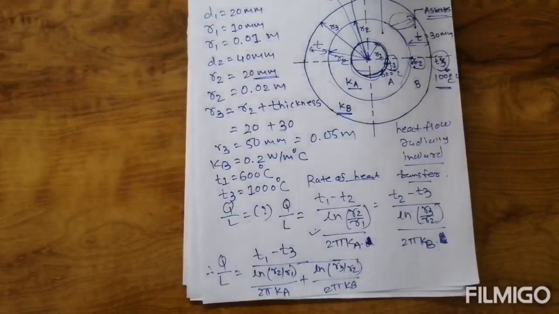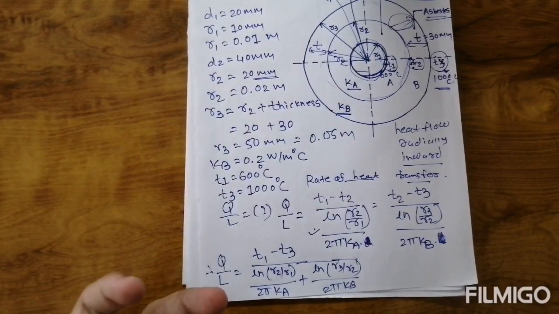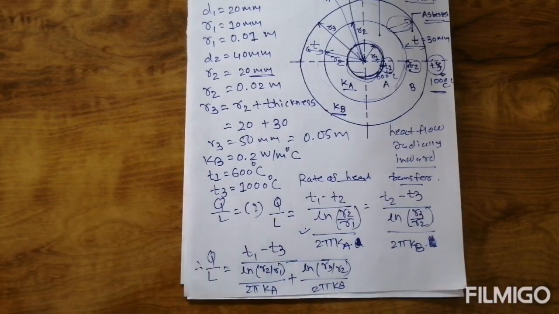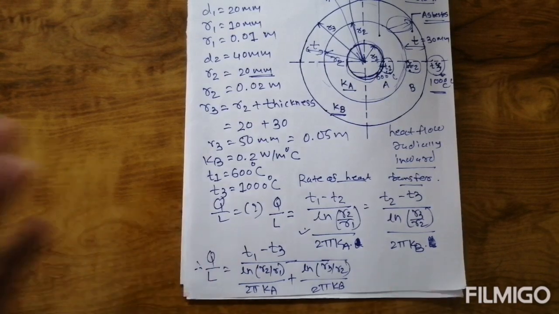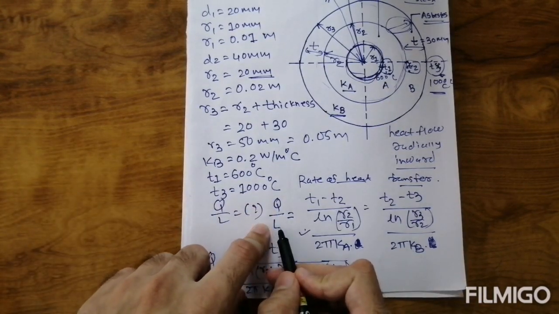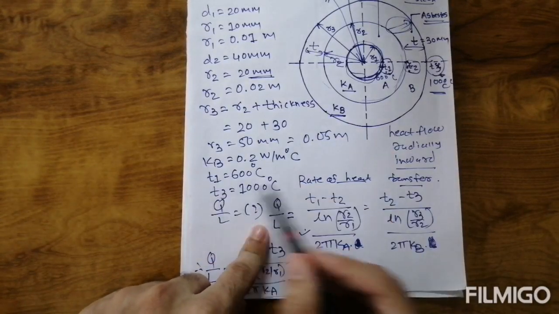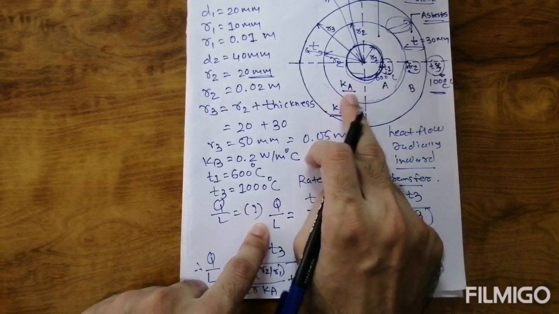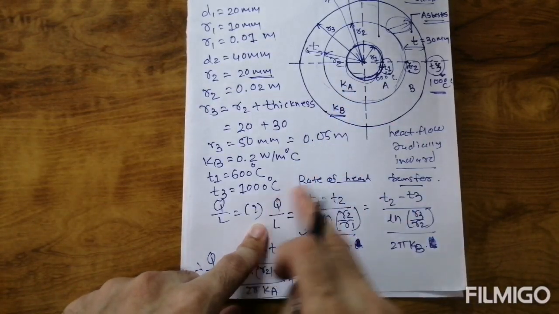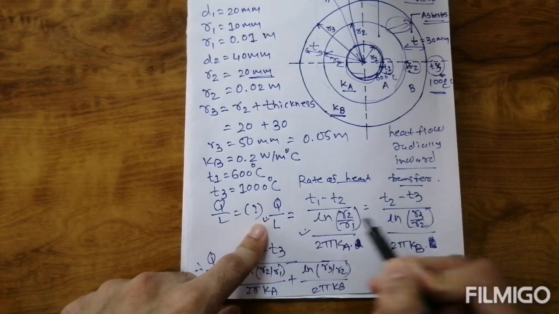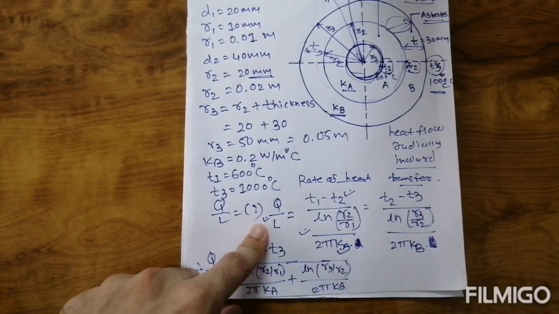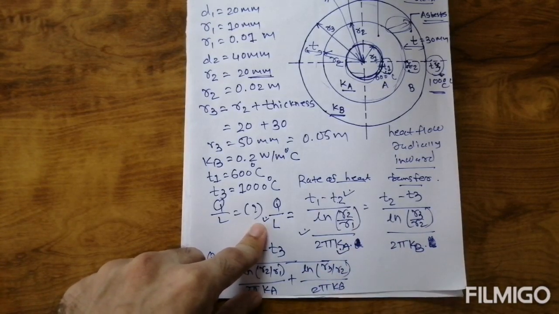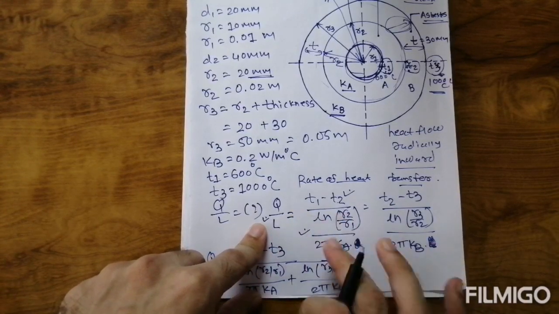Now which equation can we use here? First of all, you can see that each and every data is given. Q by L is the first unknown. Then T1 and T3 are given, T2 is not given. Ka, the thermal conductivity of stainless steel, is also not given. Suppose I use that equation: Q by L is unknown, T2 is unknown, and Ka is unknown, with R2, R1 and the remaining parameters constant. There are 3 unknowns, so we cannot use that equation.